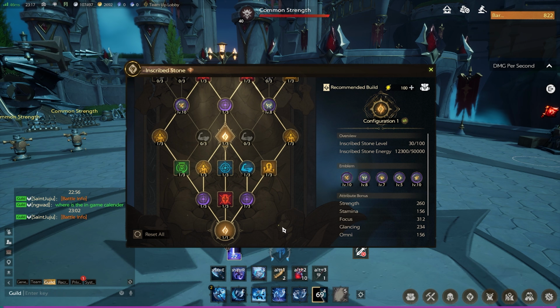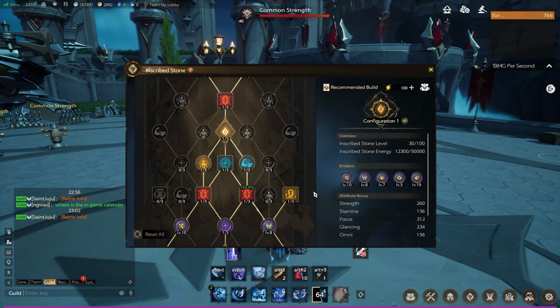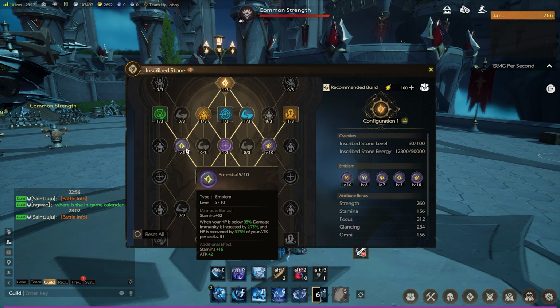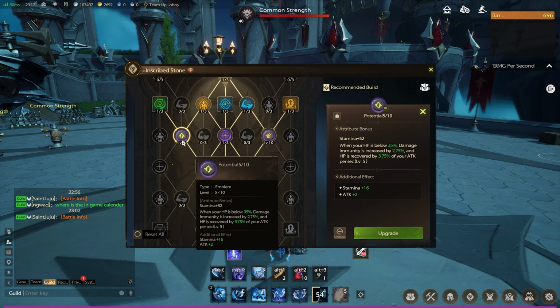Now for emblems, in terms of the distribution, I'm kind of doing the same thing as my PvE DPS. However, the gems, you're going to definitely want to do different. For sure, you're going to want potential. When your HP is below 35%, damage immunity is increased by 2.75%, and HP is recovered by a percentage of your attack per second. So you're going to get a trickle heal when you're low,